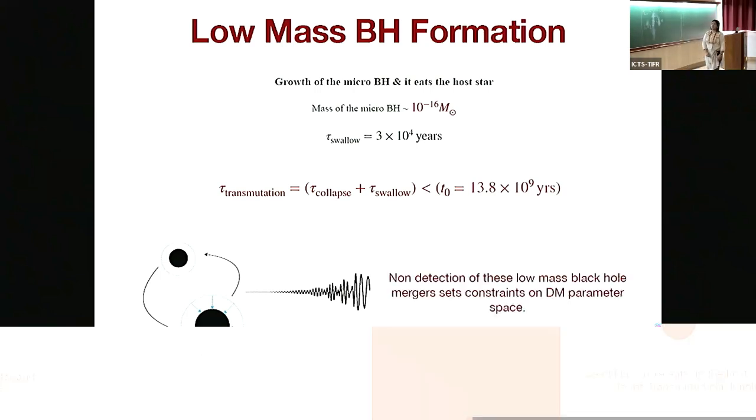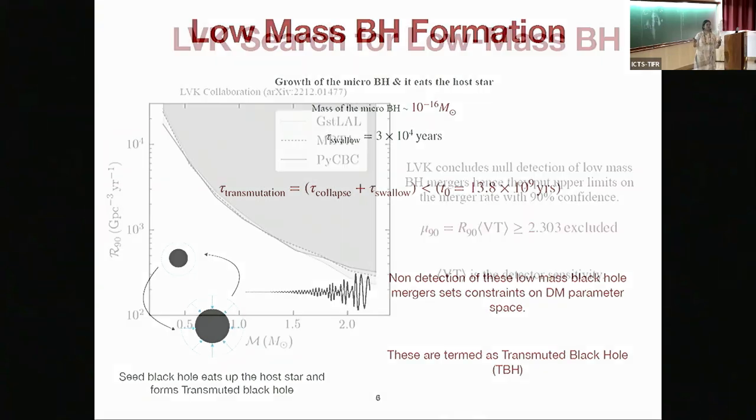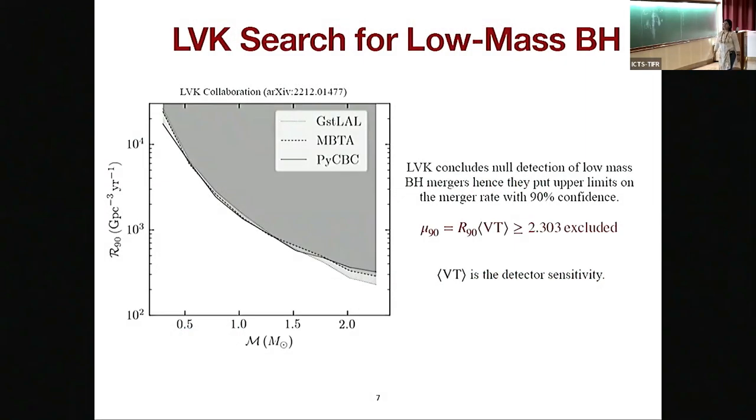But non-detection of these low mass black holes can set stringent constraints on the dark matter parameter space. So these black holes that we talk about, these low mass black holes transmuted from celestial bodies, are called transmuted. So LVK recently searched for low mass black holes, and they concluded that they have not seen any low mass black holes. So anything that they see between 1 to 2.5 solar mass, they label it as a